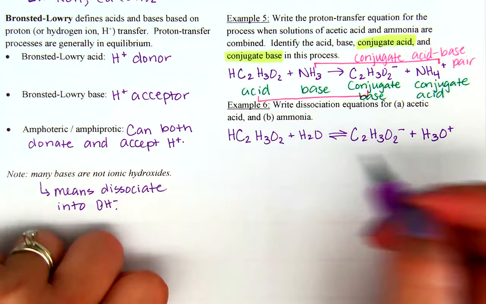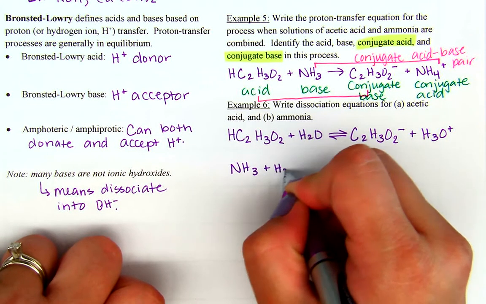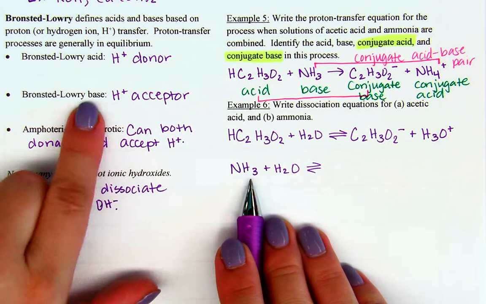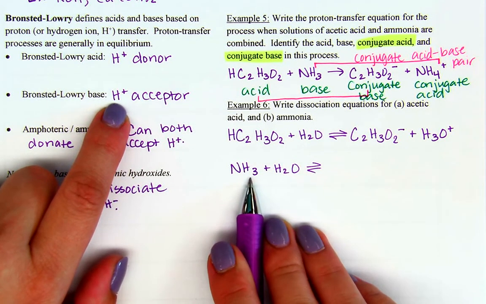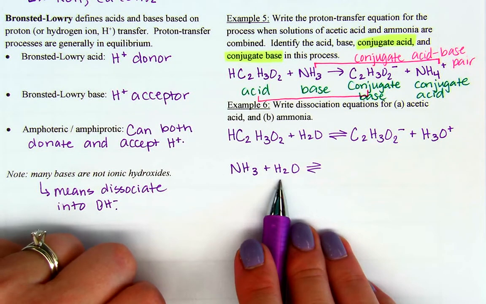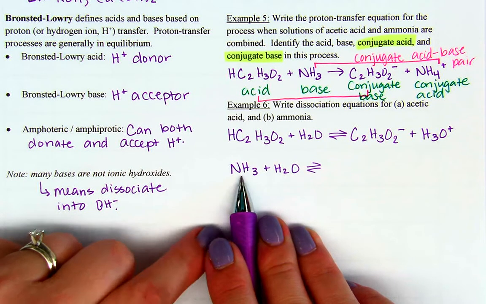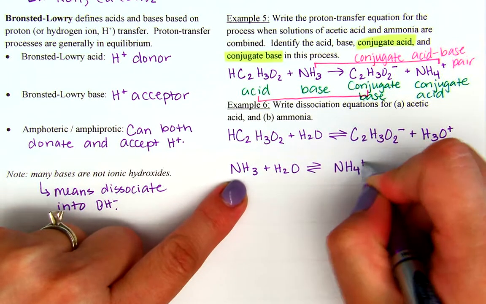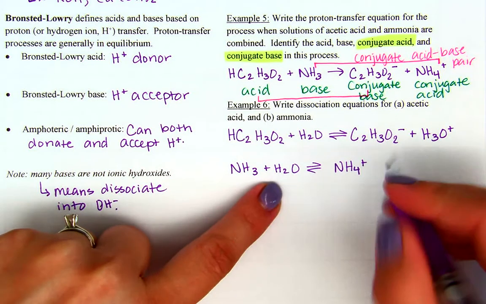Okay, now let's do the same thing for ammonia. So NH3, throw that in water. Now ammonia is a base. And ammonia, since it's a base, is going to accept a hydrogen. Now it's going to accept a hydrogen from water. So the water is going to lose a hydrogen and give it to ammonia. And so let's see what we get here. We should have NH4 plus, and then whatever was left over of water here is hydroxide,